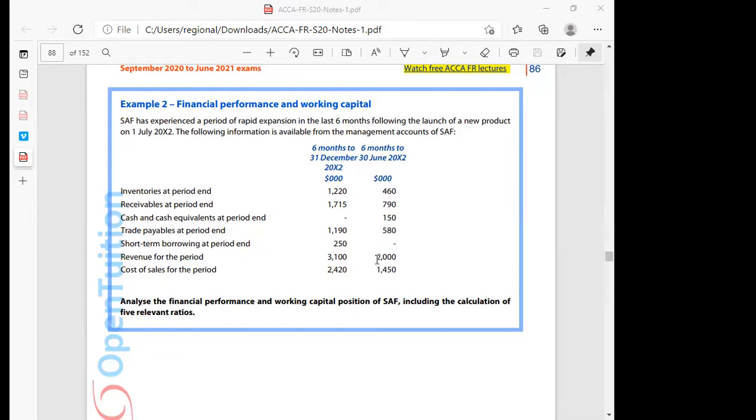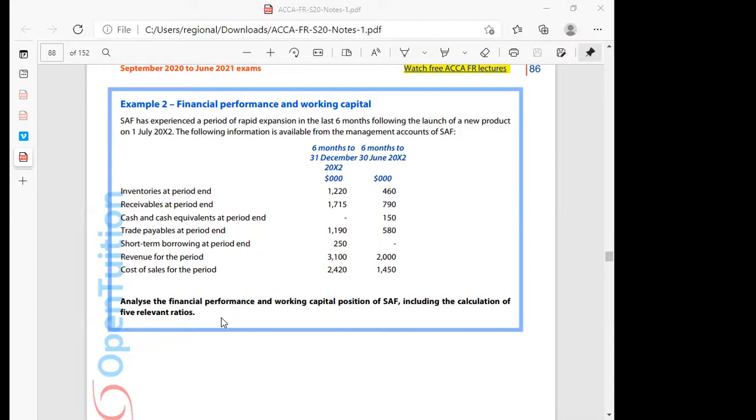So I can see inventory at the period end. I can see receivables at the period end. I can see cash and cash equivalent at the period end. I can see trade payables at the period end. I can see short-term borrowing at the period end. Then we have revenue for the period. Then we have got cost of sales for the period. So they want us to analyze the financial performance and working capital position of SAF, including the calculation of 5